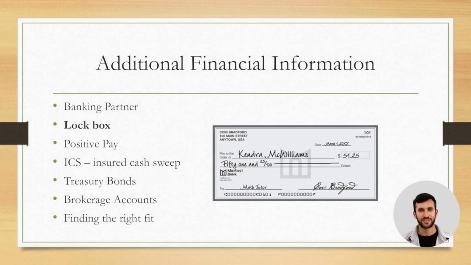One essential banking service that all associations should utilize is a lockbox. A lockbox allows payments from owners to be sent directly to the association's bank. This setup enhances financial security and ensures the integrity of the association's funds. A lockbox functions as a dedicated P.O. box owned by the bank. Payments received there are processed and deposited into the association's account, and the management company is notified once the deposit